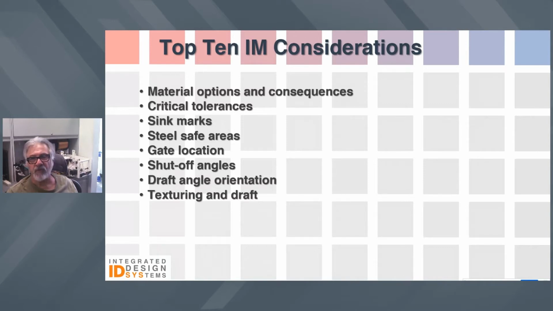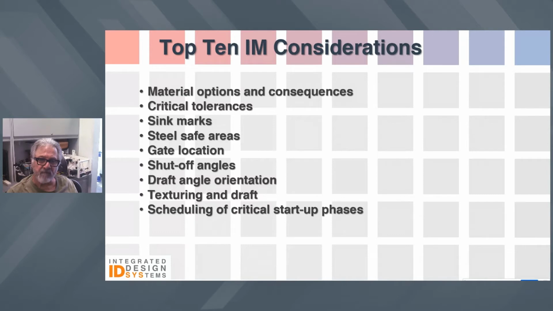There's texturing in draft. If parts are textured with certain etched textures for cosmetic reasons, this will affect the draft angle and also actually change the part geometry. Another major design consideration. And then there's something that's often overlooked, and that's scheduling of